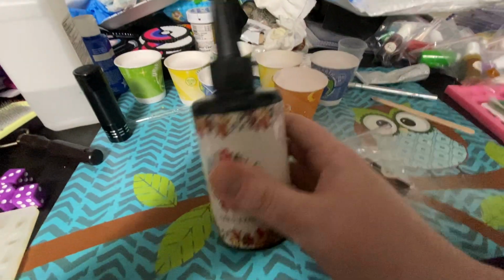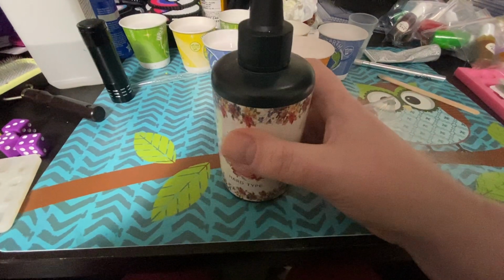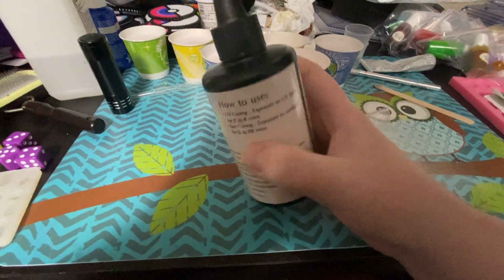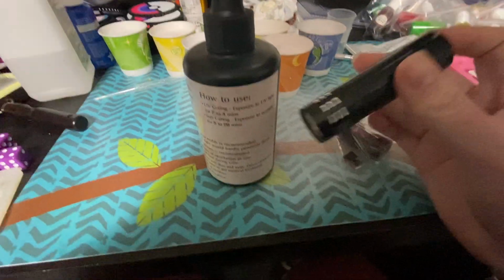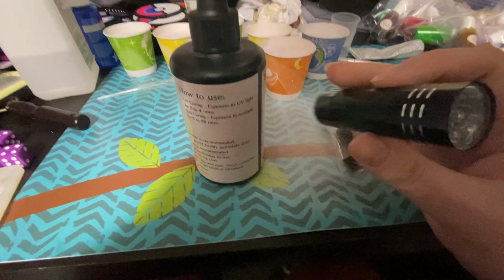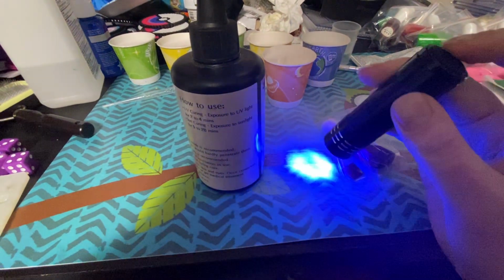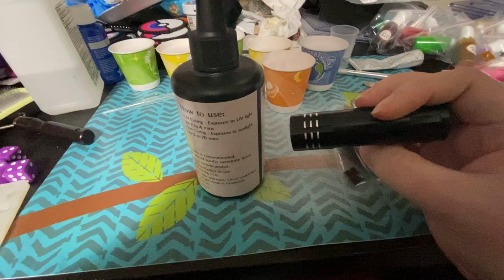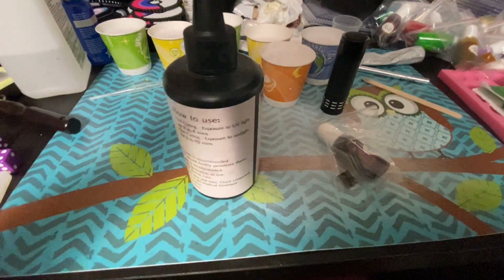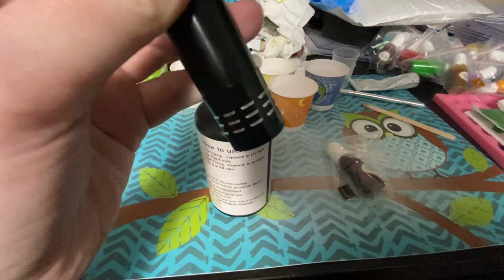UV resin is resin that instead of having to sit and cure for 24, 42, 48, 72 hours, something like that, you can either use a UV lamp, which I have one of these, but the ones that are used to cure acrylic nails work too, gel nails. I have this one. I just got it off AliExpress too. It works very well. I did 24 resin pieces, each consisting of about 7 minutes of run time on a single battery. It is